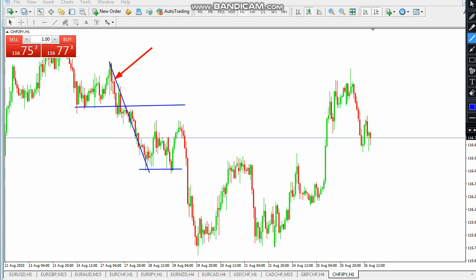You don't always want to get yourself stuck or trapped looking at those itty small candles right there. You want to always look at, okay, when it started from this spot right at the top here, where exactly is it going, and when it got this far, where did it go to?